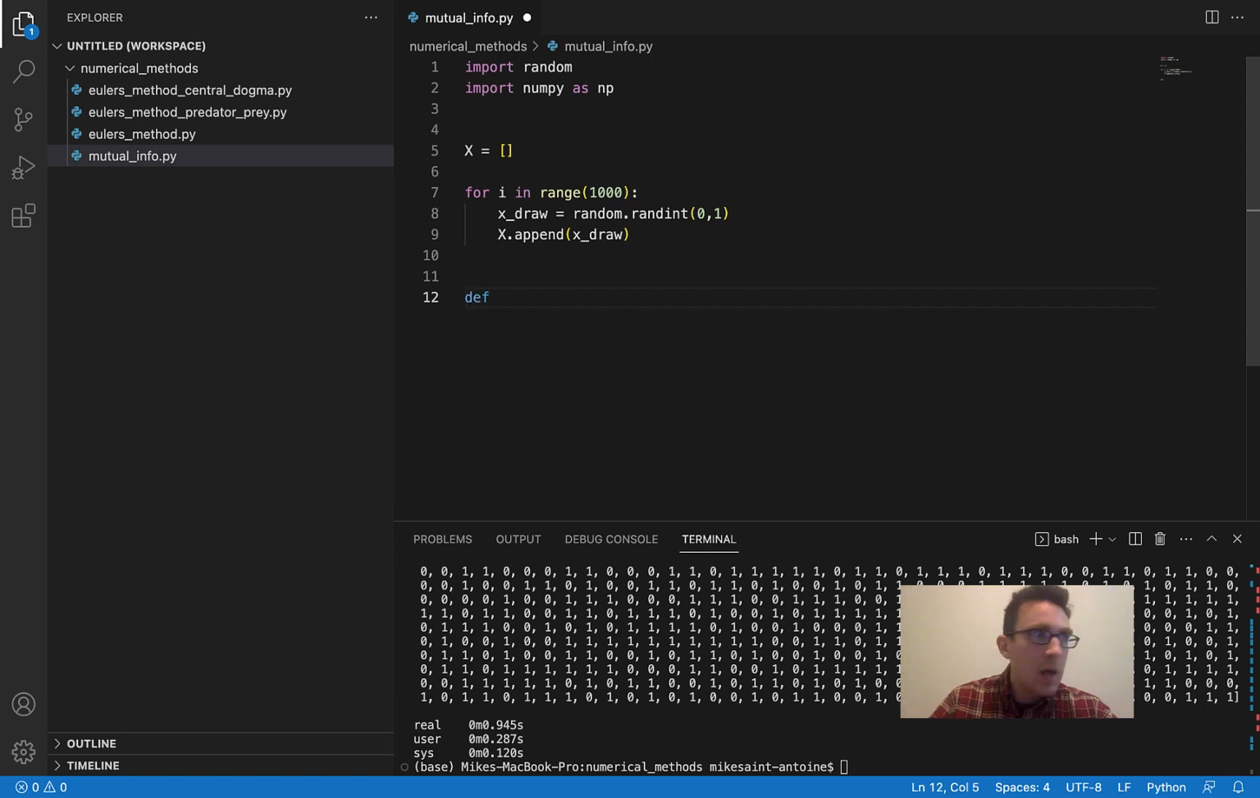So I'm going to say def entropy. I'm going to be passing in some random variable, I'll just call it x here. And then bins is going to be the number of bins we're using to empirically estimate our empirical distribution. Okay, so the first line here is going to be binned dist equals np dot histogram, the name of our list of our random variable, and then bins,